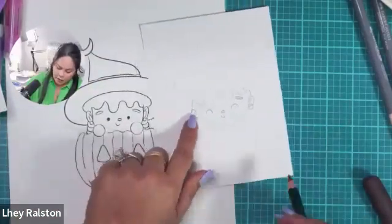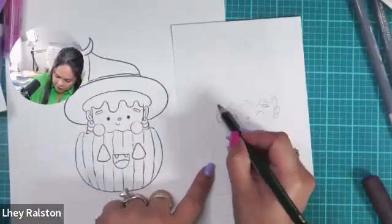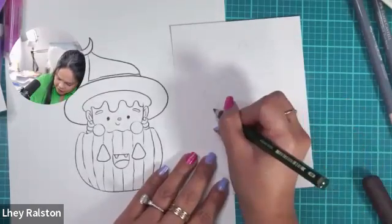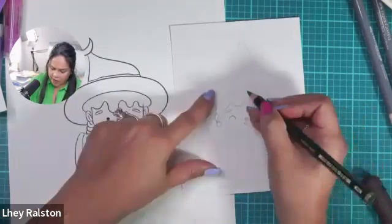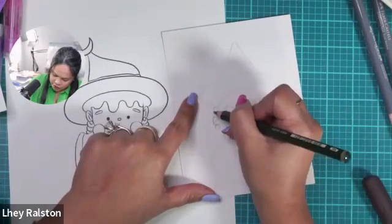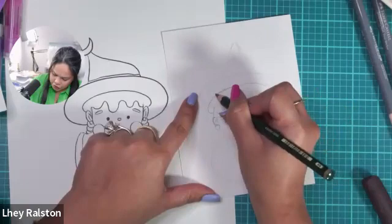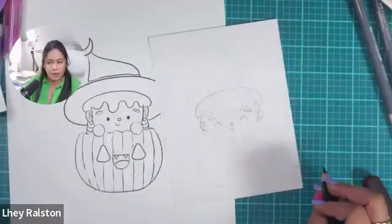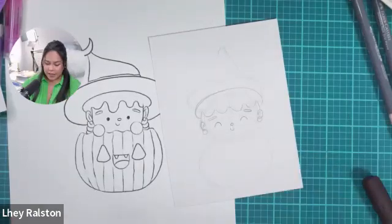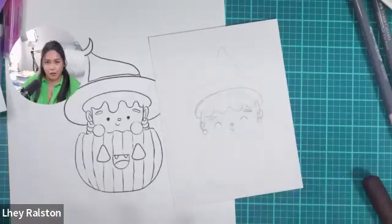Now, look at the sample of the printable. We're just going to add from here. It's kind of like in the middle, in between. So the ear and the hat are the first oval shape that we created. We're going to stretch this one and we're going to add another oval. Because remember, our first shapes that we created were just our guide. Okay. So don't feel like you're married to that idea or that first sketch,